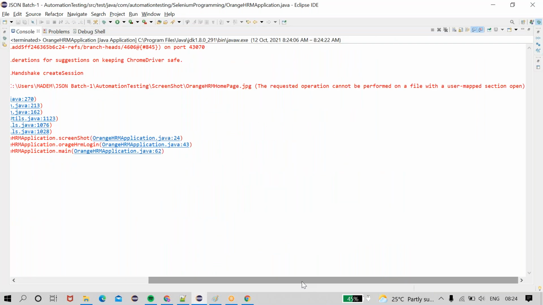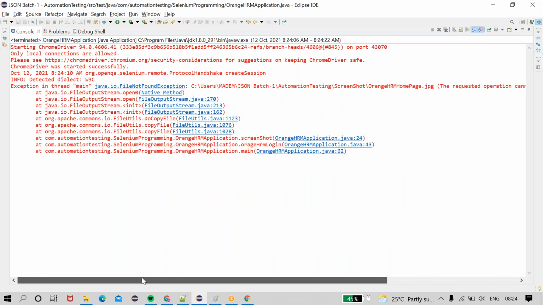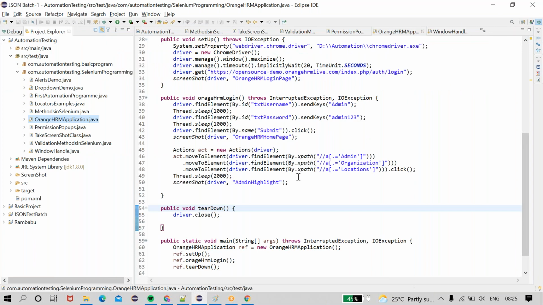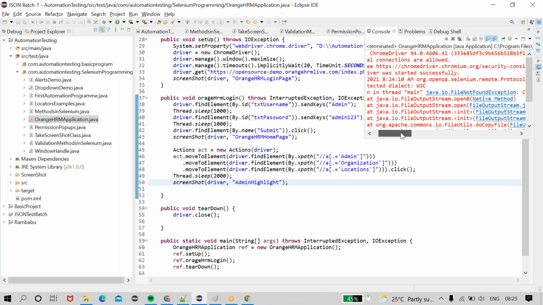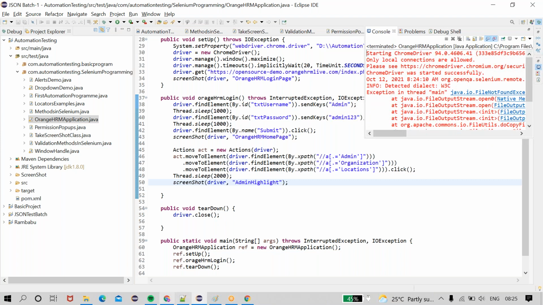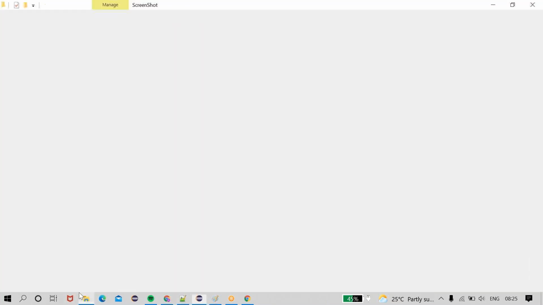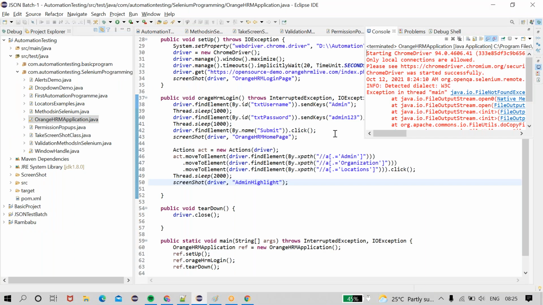Requested operations cannot be performed. See, this cannot be performed. The reason it is showing this exception is that we already have a screenshot like this: cannot be performed with the file name, the user map section open. The section is already open, so it is not able to take the screenshot.